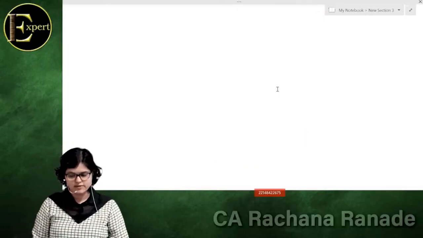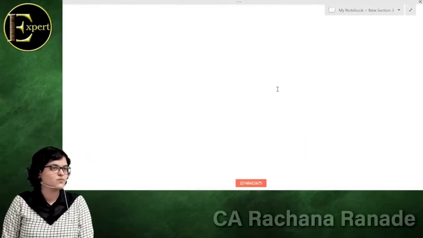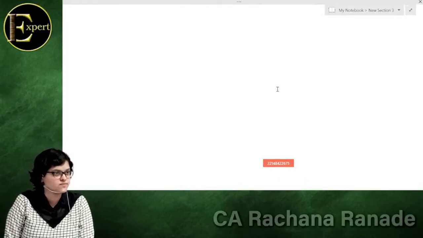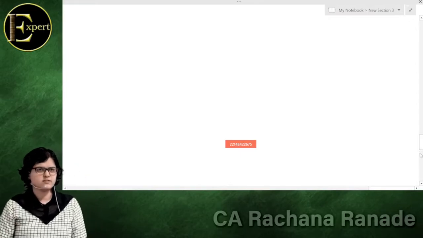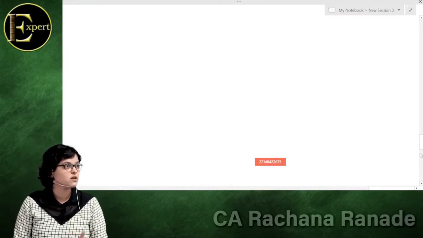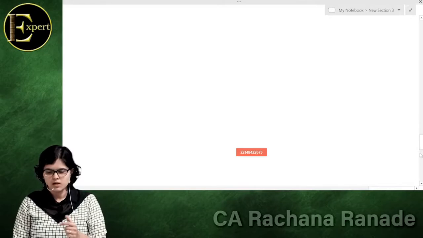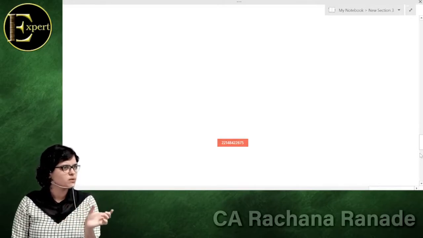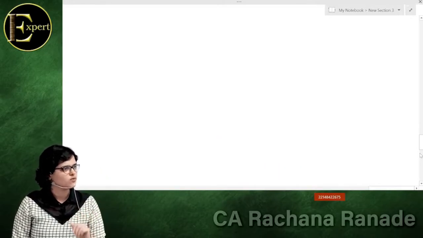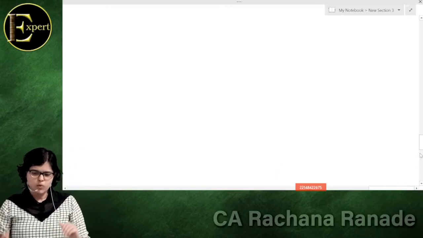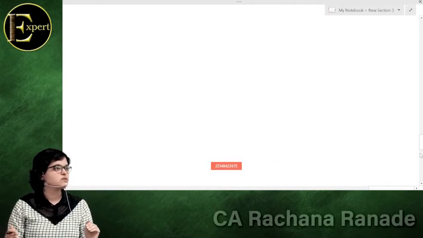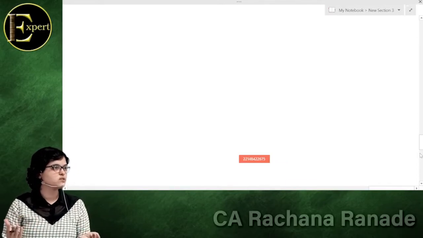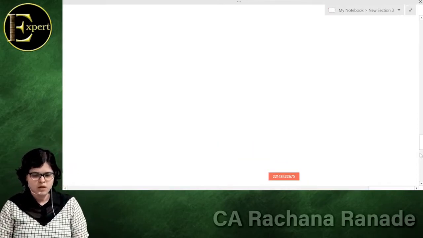How to calculate free cash flows. I guess yesterday's concept of cash flows, free cash flows especially, was very important. If you were to quickly revise what we did yesterday, we talked about a few concepts like depreciation and amortization. So what is depreciation and amortization? What is the common meaning? It deals with reduction in the value of the asset. Correct. Both deal with reduction in value, but what is the difference between depreciation and amortization? Depreciation is for tangible assets and amortization is for intangible assets.